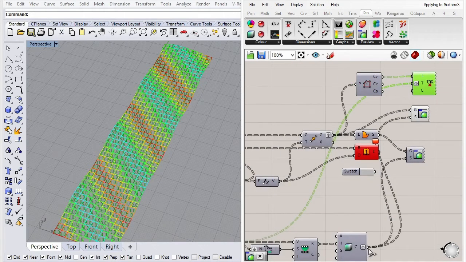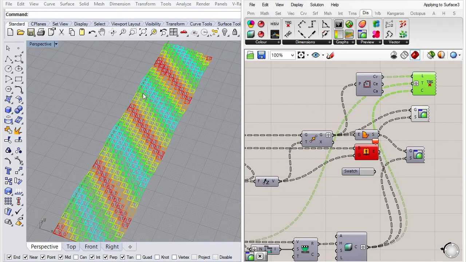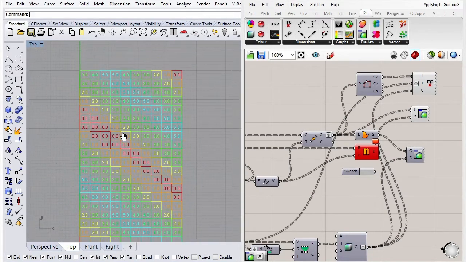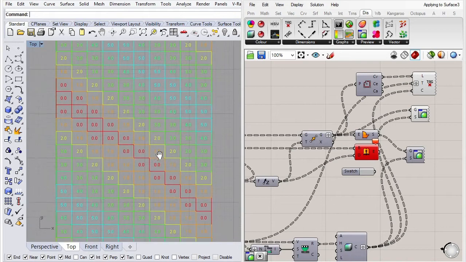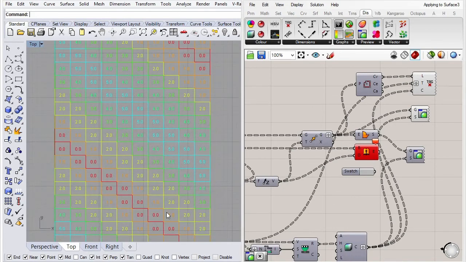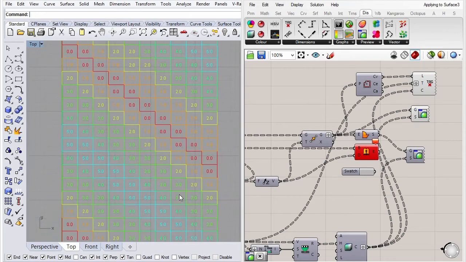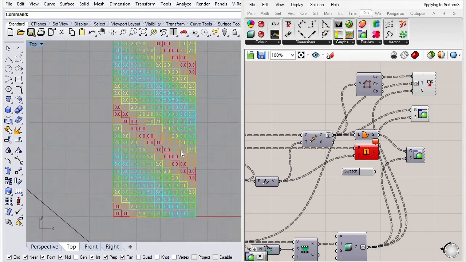And it takes color information. So if we look at this in top view, you get a list of colored indices. Which can be printed out as an elevation guide.